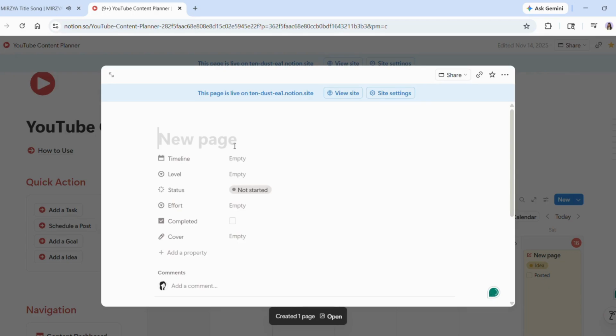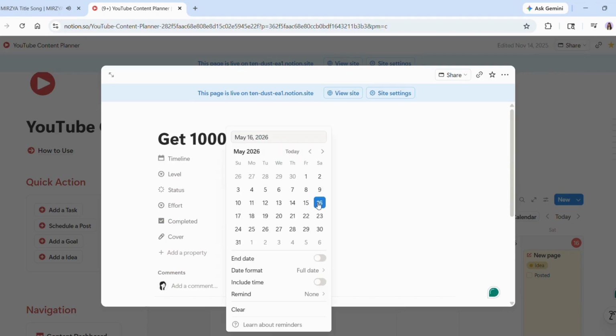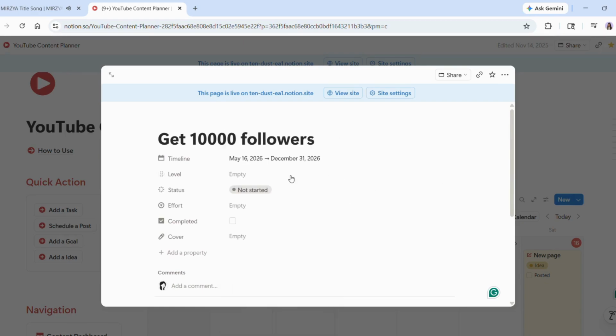Here you will again fill related property. You can decide level of the task, status of the task, and the effort you need to fulfill the task. Added date and end date.